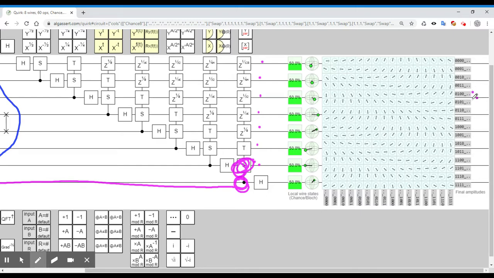This entire row, this entire row, this entire row, this entire row, right? So these 4 rows here, they're all going to rotate, but then okay,